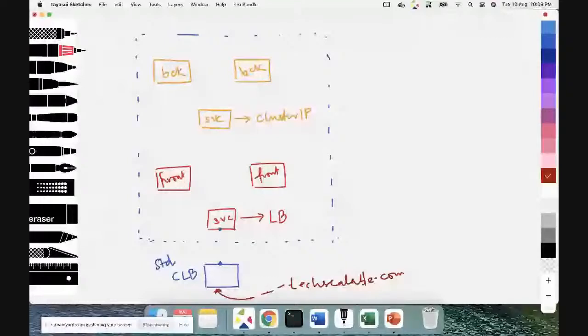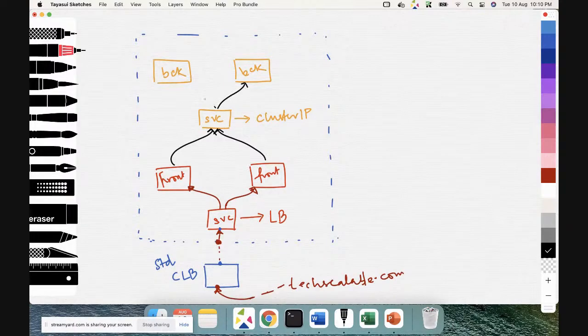From here, it will go on a specific port number on the node so that it gets forwarded to the service. And from the service, I have 2 endpoints for the service. Both the front end pods would be there, and we would be able to connect. Now, when my front end wants to talk to the back end, it would be sending packets like this. And here again, the redistribution, or rather I'll say the load balancing happens. And from the backend, it can fetch.